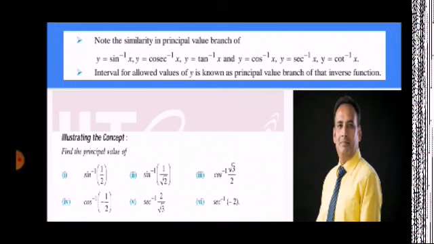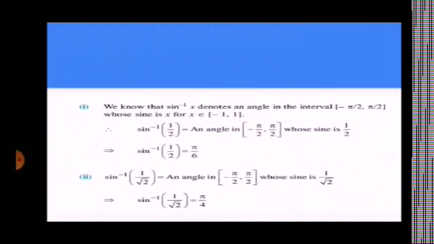One by one we will go ahead. Sine inverse 1 by 2. It's very easy. As you know, sine inverse 1 by 2 is an angle. As I already told, all these inverse trigonometric functions are simply angles, nothing else. Whatever value you take between -1 to +1, the result of sine inverse will always lie between -pi by 2 to +pi by 2, meaning the angle shares the fourth and first quadrant.